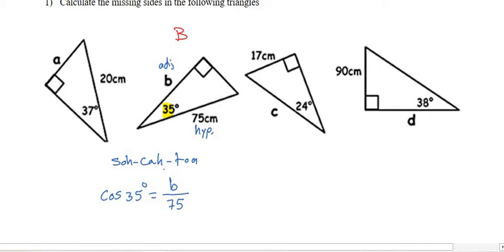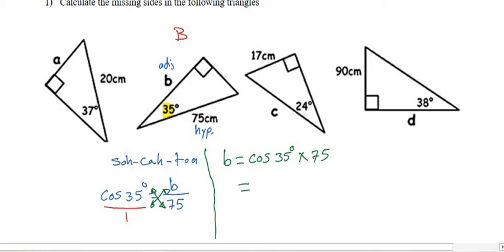And in order to make it easier, you can think of cosine 35 as cosine 35 degrees over 1. Actually here we change nothing. Okay, and then you can apply the cross multiplication to be like this. B multiplied by 1, which is B, equals cosine 35 multiplied by 75. Cosine 35 degrees multiplied by 75. By using the calculator, you can find out the value of cosine 35